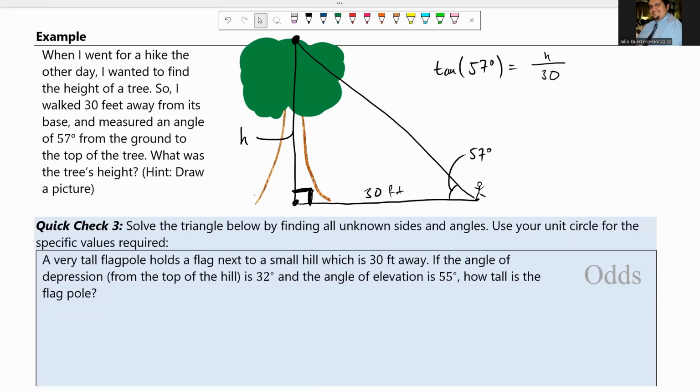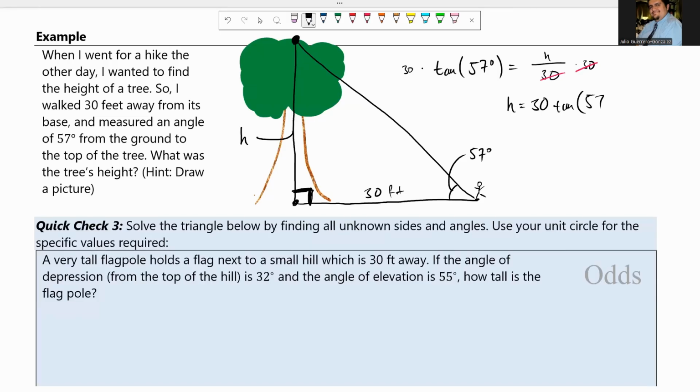Now all that's left to do is solve that out. I'm going to go ahead and do times 30 on this side, times 30 on that side. What happens on this side? My 30s cancel, right? So h is equal to